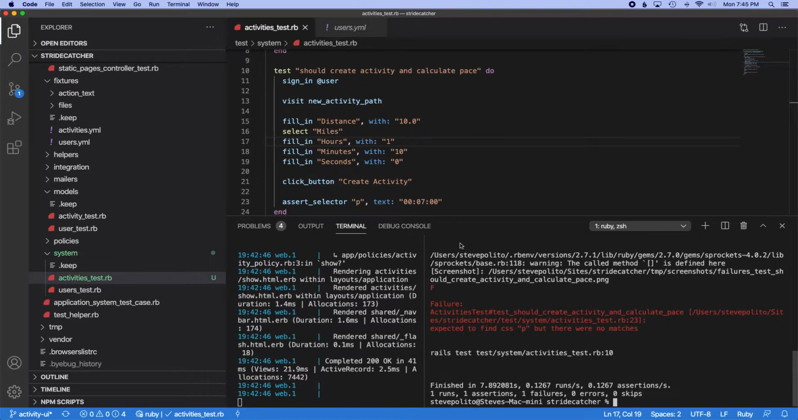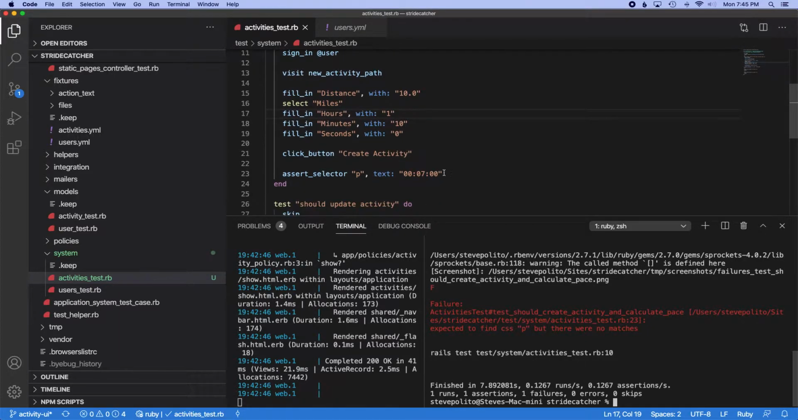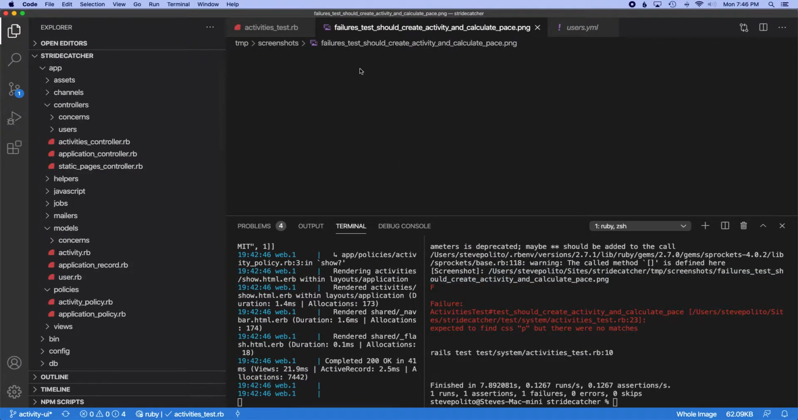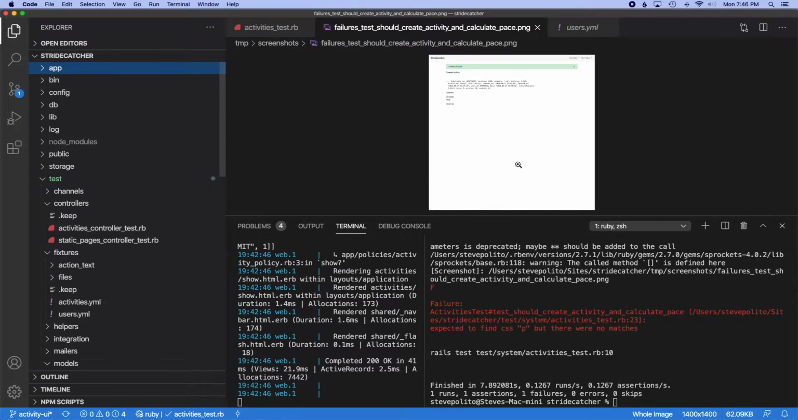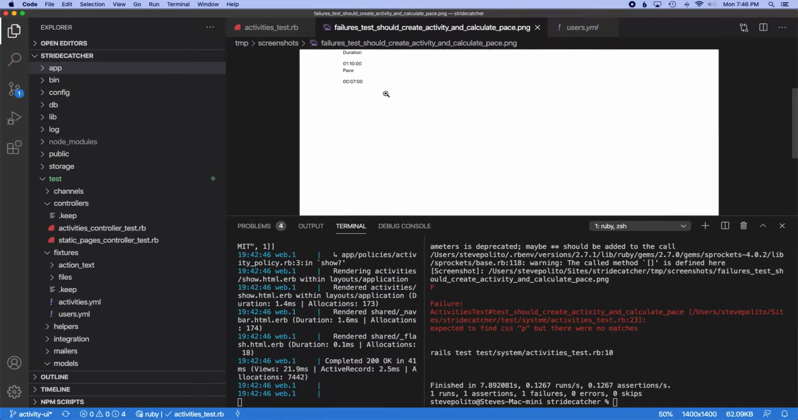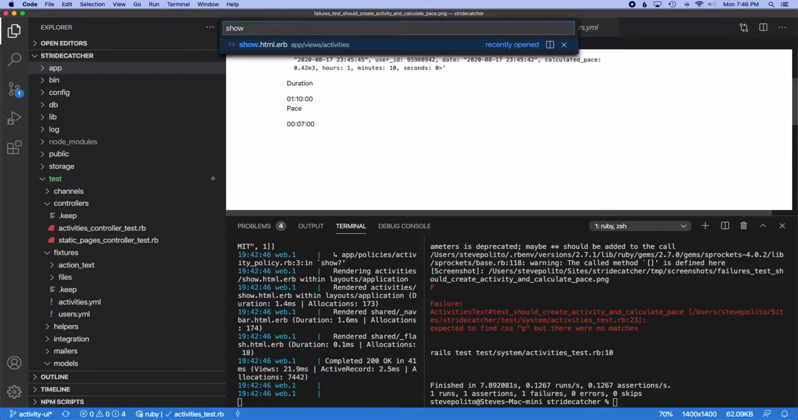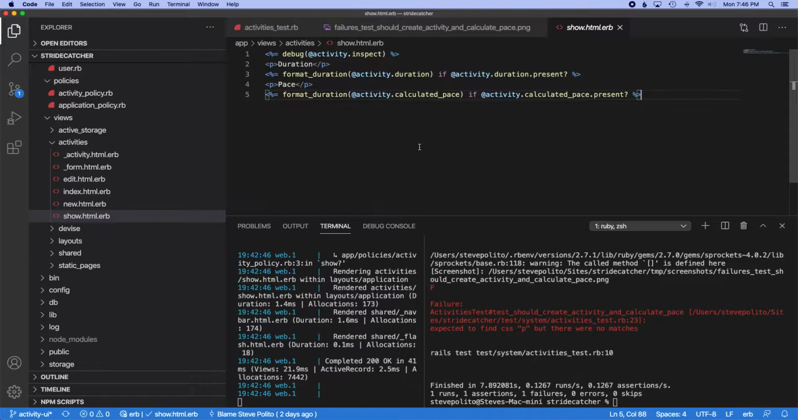So it's running through filling out the form, but then it doesn't seem to find a paragraph tag with this in there. Let's actually look at the screenshot, which for some reason is not showing up. Oh, okay. So it is there. I can't tell if this test is brittle or not. So let's just go into the show. Oh, and it's because of that. So actually,